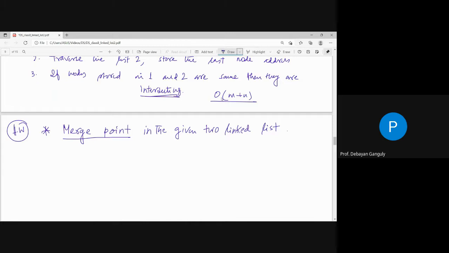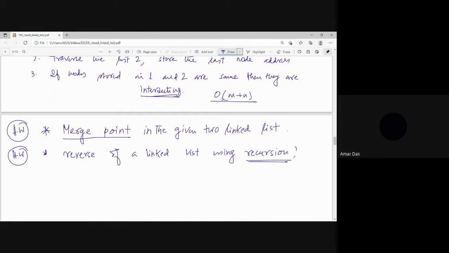You have to find the merge point, and as well as আরেকটা homework থাকবে that reverse of a linked list using recursion, because that will be helpful যখন আমরা tree পড়বো, tree এর implementation এ that will be helpful. So you just do that reverse of a linked list using recursion. এই দুটো নিয়ে আমরা আলোচনা করব,